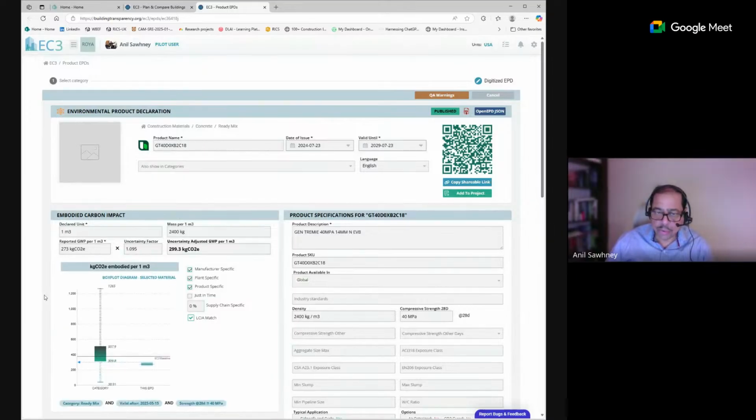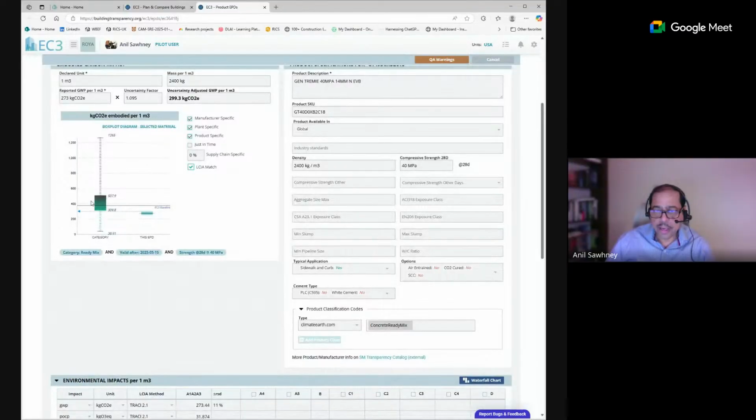So they do this box plot and compare it to the EC3 baseline, the CLF baseline, where this particular EPD falls. And based on that, they say that this should be an uncertainty factor of 9.5% because they have good